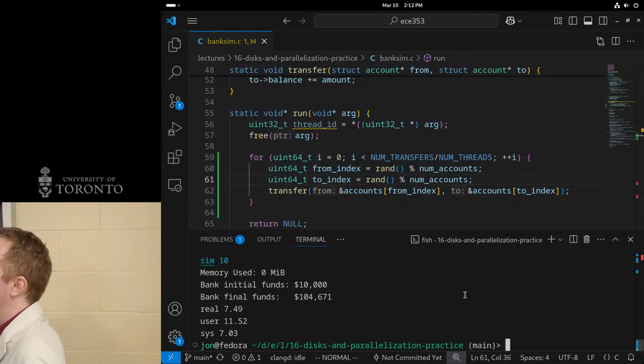Yeah? It does 8 threads, but it still has to run that many operations in total. Yeah, but it's spread out over 8 threads, so it should be 8 times faster, right? We're doing it in parallel. The processor really just runs one at a time. Nope, I have more than 8 cores on this.